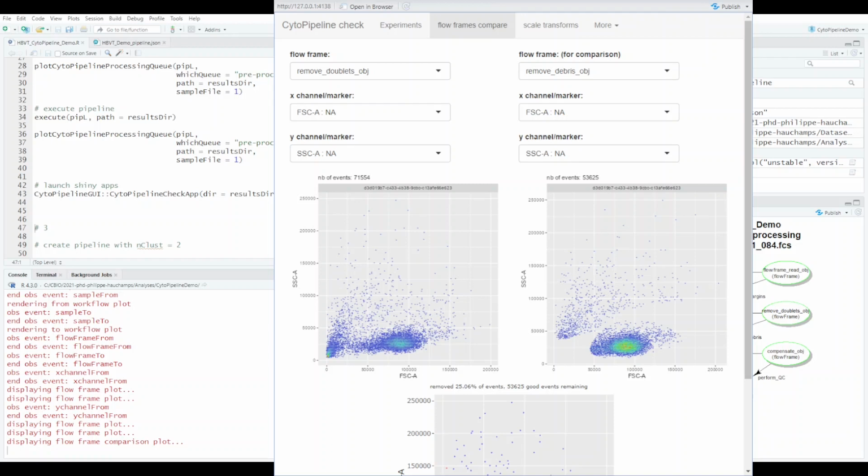This problem comes from the parameter that we selected in the method, because we selected k equals 3, so the number of clusters equals 3, while here, in fact, we only have two